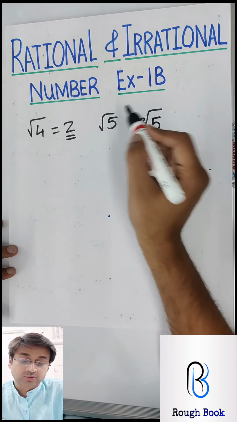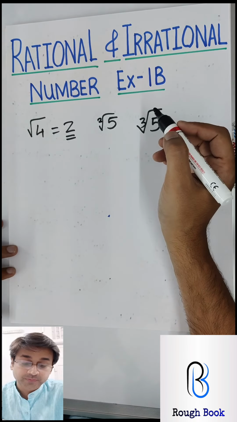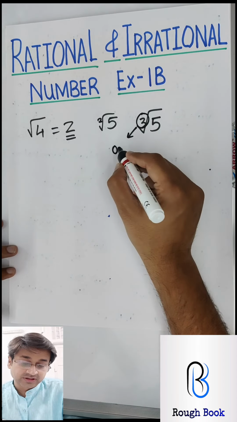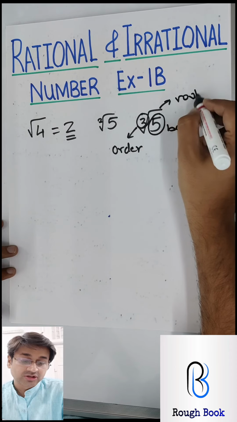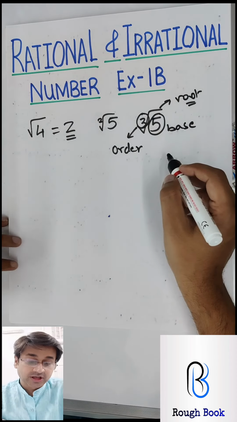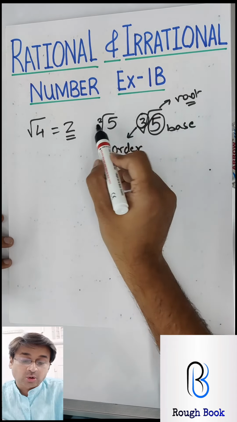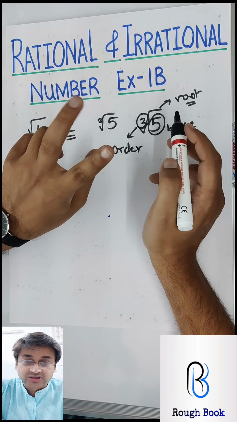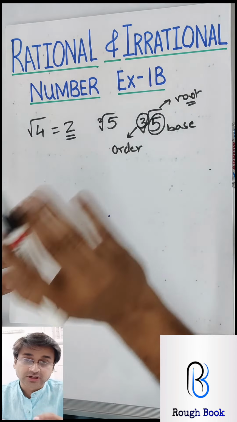Now here and here there is a difference. Here it's a square root and this is a cube root. When they say square root there is a number 2, and here there is a number 3. This number which you see over here is called the order, this number inside is the base, and that's your root. We should know these parts. Most importantly, this is called the order. At times when the orders are different, you cannot perform any operation, I mean multiplication, division, addition, subtraction, not possible. But when the orders are the same, then you can do it.